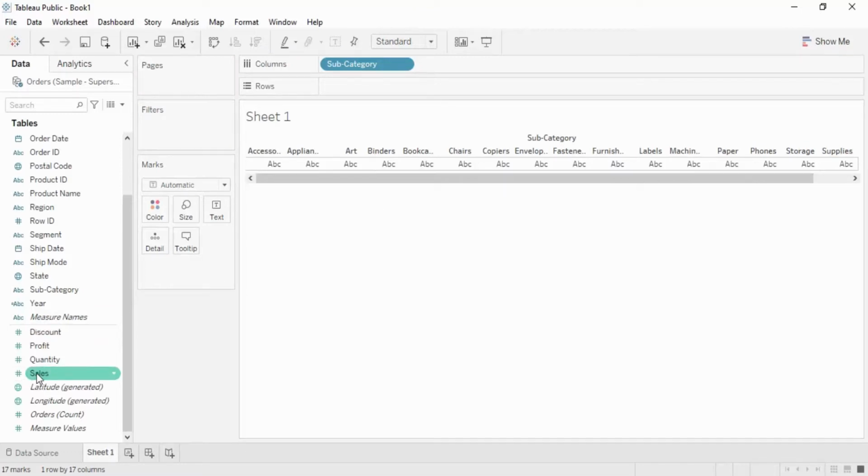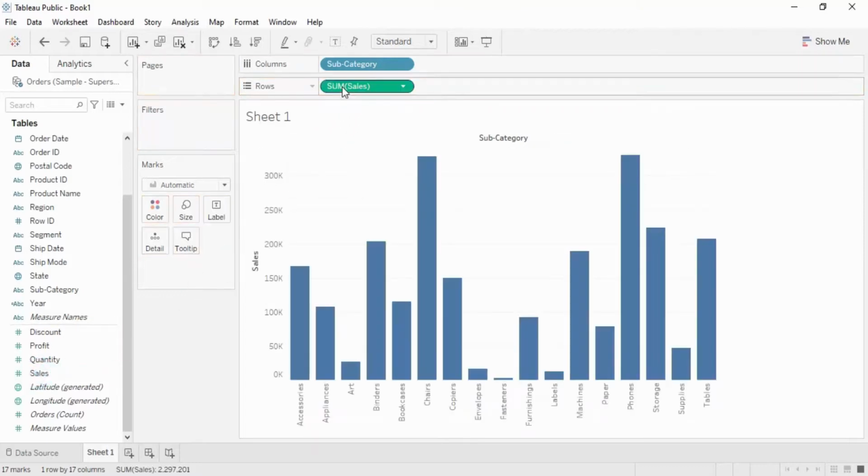Next I want the sales, so this is the sales one. This I can just drag into the rows. As soon as I do that, this is the bar chart that has been created. Okay, so this is how simply you can create a visualization in Tableau, and there are a ton of things that we need to do. But before that, let's talk about this pages that we were discussing. You see these individual bars, these are called pages in Tableau. We have the filters pane. If you want to apply any kind of filters, you can apply them using this filters pane.